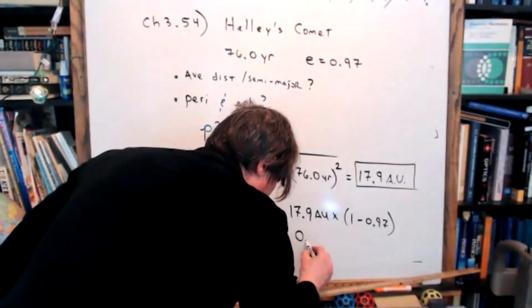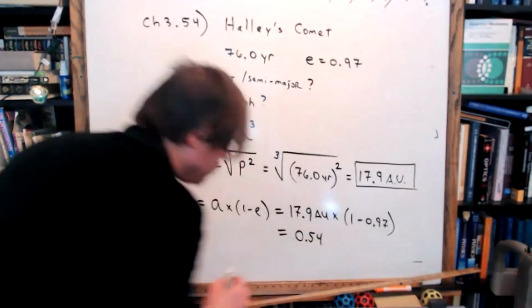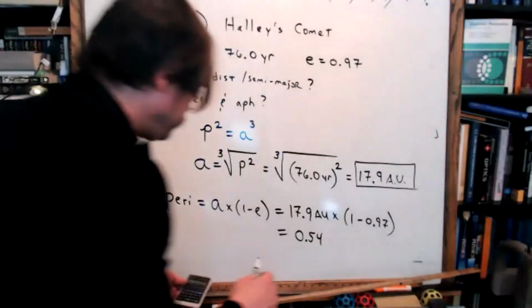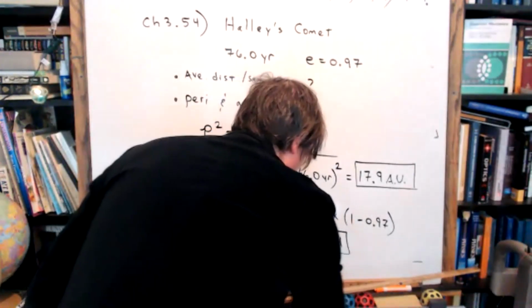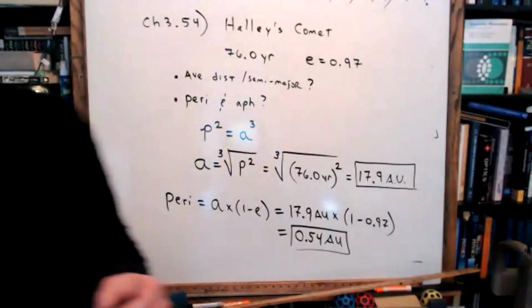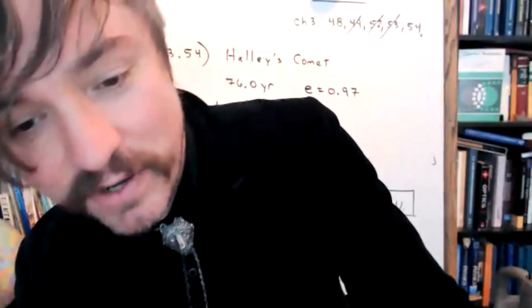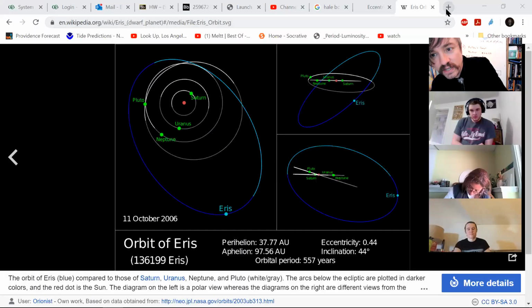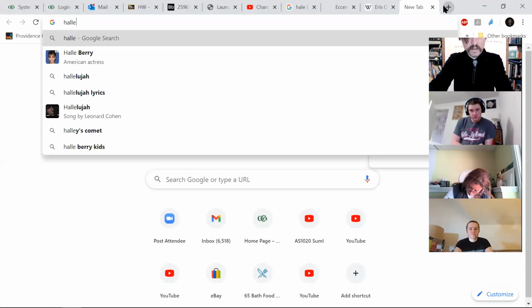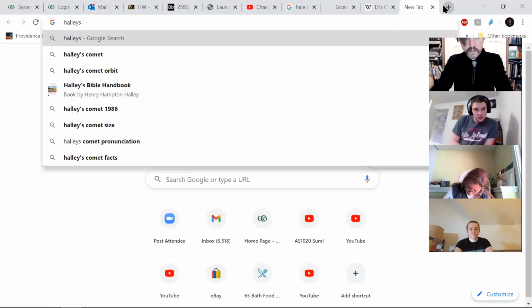0.54. And the units are? AU. Good. In fact, if I had to guess, I bet we know the eccentricity of Halley's Comet a lot better than that, and I bet it's the book that rounded it, which is okay, but I'm just trying to demonstrate that eccentricity is a measurement.